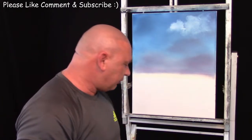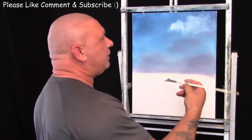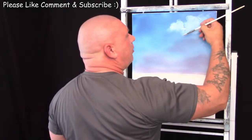Now make sure that you clean the fan brush out, you pull all that blue out. Again, I'm not going to clean it in any thinners or anything at the moment because it doesn't matter, because we're going to pick up a little bit of colour as we're doing more clouds. So I'm going to go back into some white again. Load up the brush. And I like to go over slightly some of these clouds that we've done before to create a three-dimensional effect. So I'm going to go back over this,